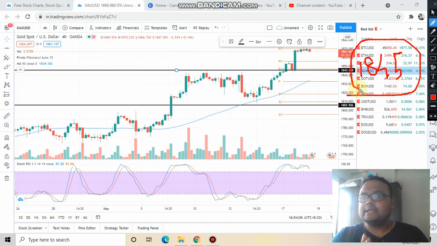Right now the market is in the overbought zone. So wait for the market to come down to the oversold zone, or wait for the market to come down to the best area of value or the best price. Do not take any impulsive trade. Let the price come to you, then only you should go for the order. Let the price come to the 50 moving average, or let the price come to this 1845 level, then only you should be looking for the buying opportunity. As of now, wait for the market to come to you, and just wait and watch.